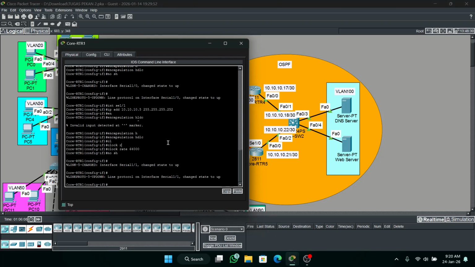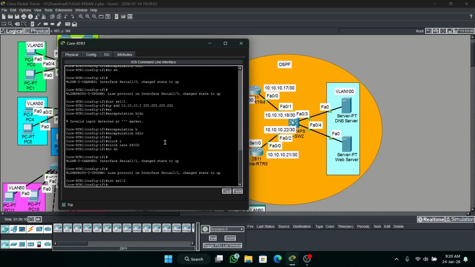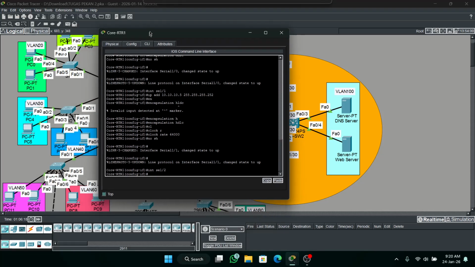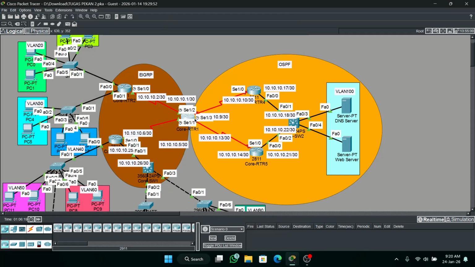So interface serial 1/2. Yes, right. 1/2 is to the RTR4.